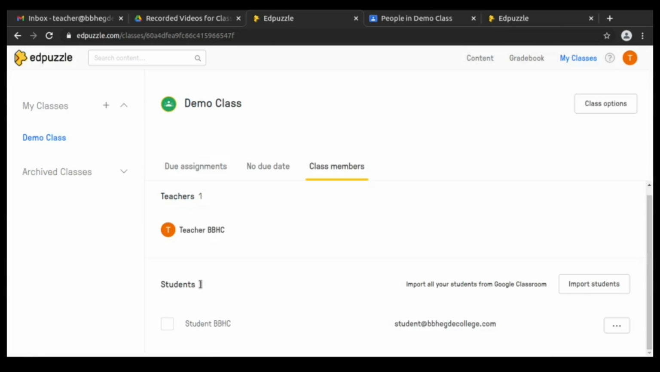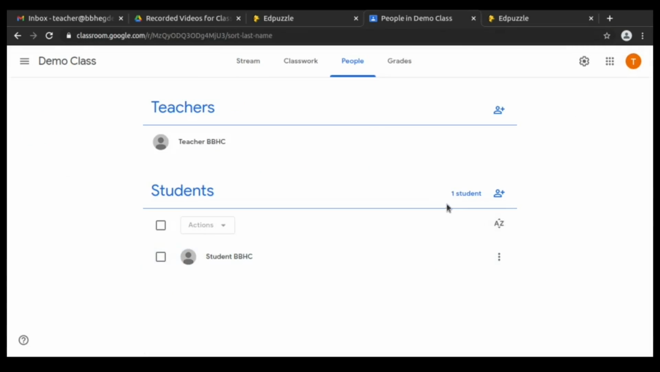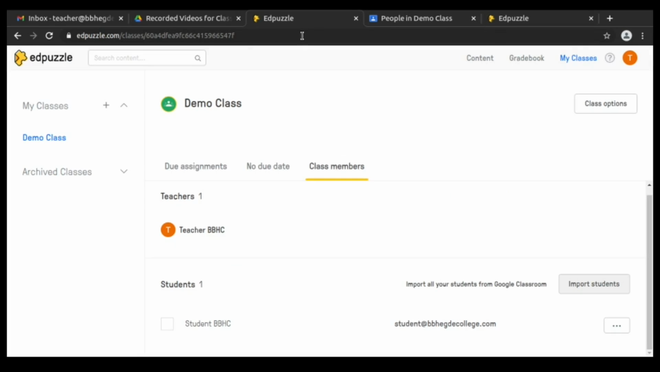If I have 50 students, then I will have all those 50 students listed with the total number of students. So if your students are added and if they are not connected, you may need to import the students so that whoever is in the classroom will be added back into Edpuzzle. Suppose my classroom shows 95 students, and my Edpuzzle shows 85 students, 10 students are not added into the Edpuzzle's classroom. So just click import students so that all those remaining 10 will be added back into the